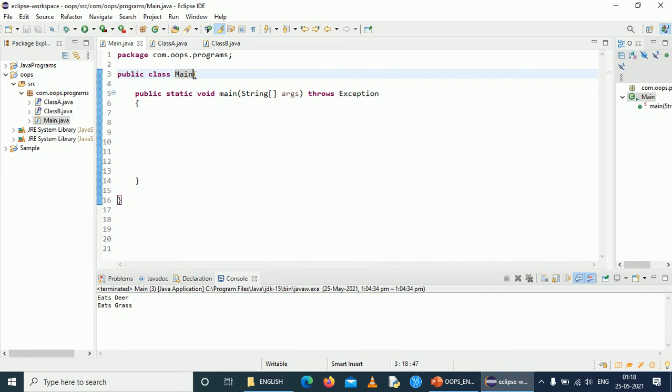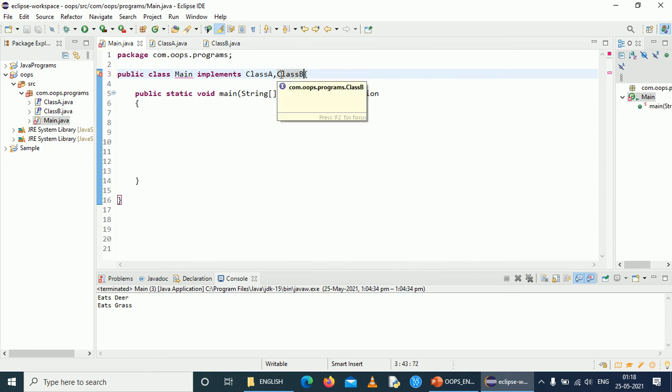To inherit an interface, the keyword implements is used: implements A, B.